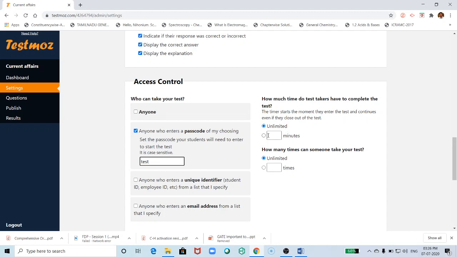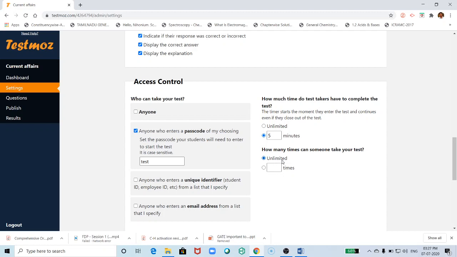On the right side you can customize. How much time do test takers have to complete the test? Here I am giving the maximum time. I have set the time limit of 5 minutes for this quiz. And here, how many times can someone take your test?